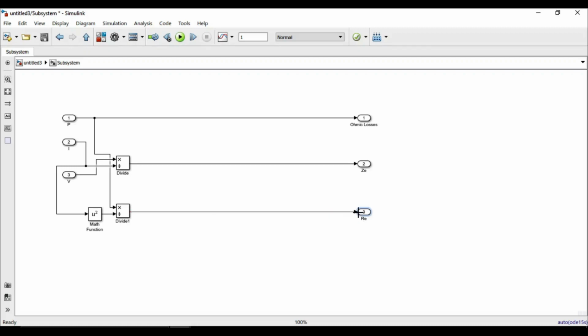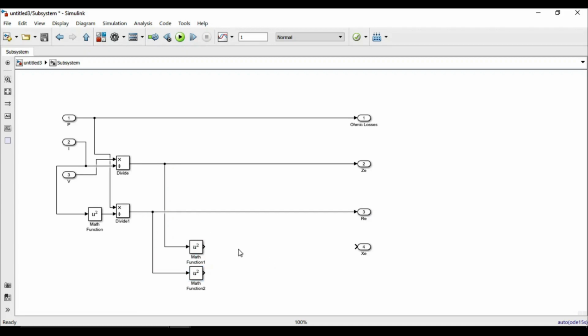And finally, since I have impedance and resistance values, I can find out X equivalent, and this will be simply the square root of Z square minus RE square. So let me use this math function again two times. When I connect it to ZE, it will be ZE square, and when I connect it to RE, it will be RE square.